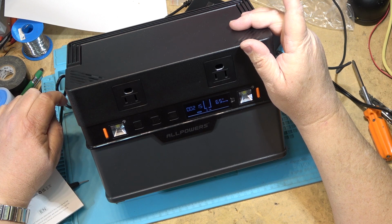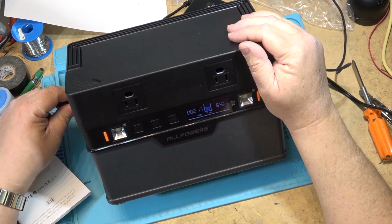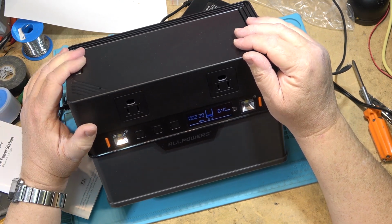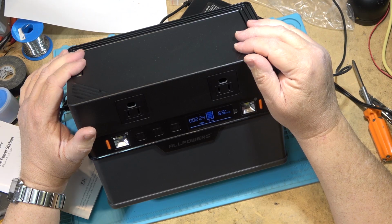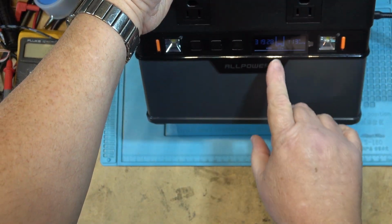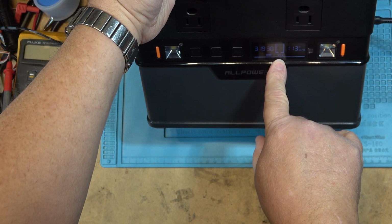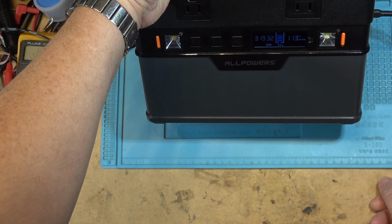65 watts. That's what this one's rated, 65 watts. So I'll put the main charger back on and we will let this charge up. Okay, I've been charging for 3 hours and 21 minutes. I'm at 99% charge. According to this, it's been 3 hours and 19 minutes, but my